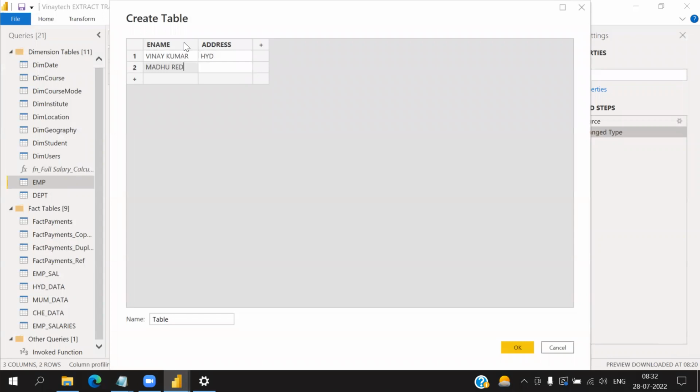Madhu Reddy, Mumbai. Vinay, Chennai. Madhu, Mumbai. Vinay Kumar Raju, Hyderabad. Madhu Kishore Reddy,